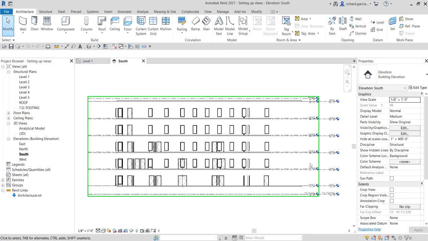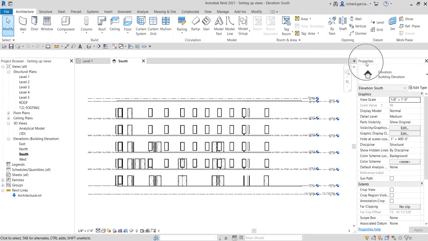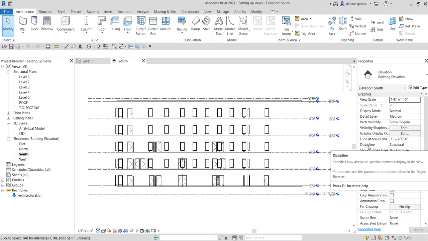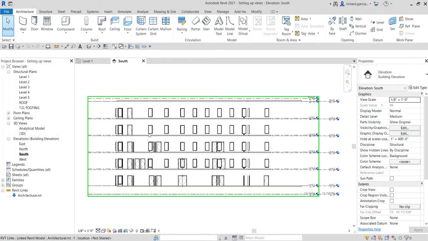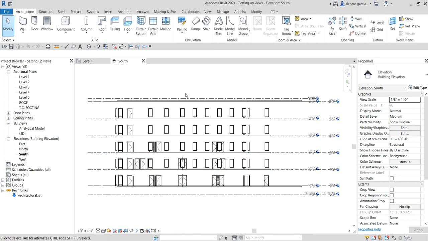elevation. So as you can see here, if you're going to check out the properties, one of the properties here is discipline. So currently it is set to structural. Okay, so here, if you are going to change the discipline, it says here it specifies how discipline specific elements display in the view. Okay, so here it highlights the structural model. But if I'm going to change this, let's say for example to mechanical,